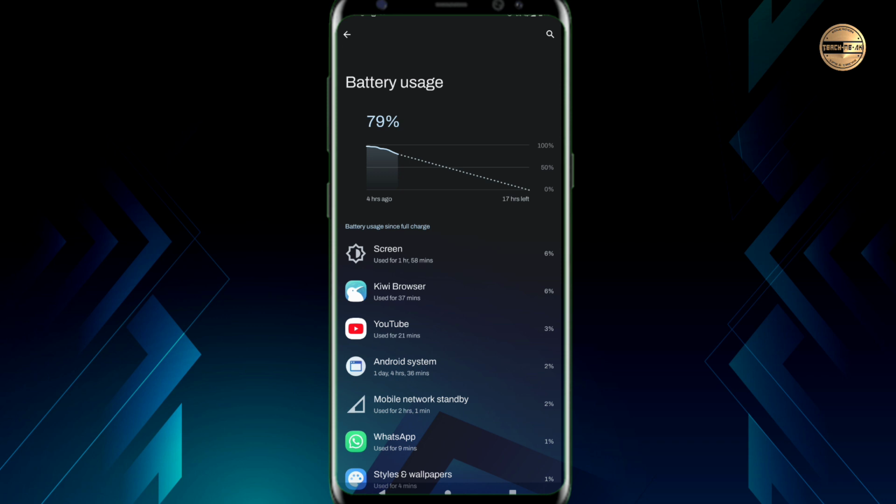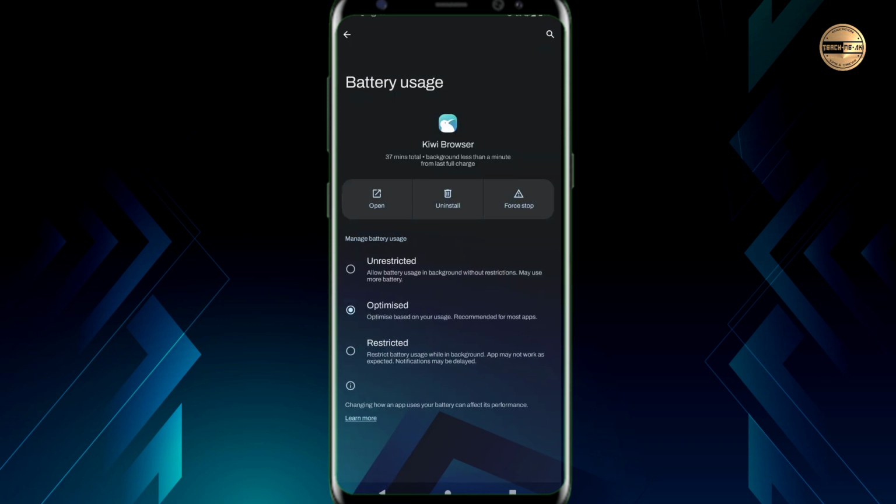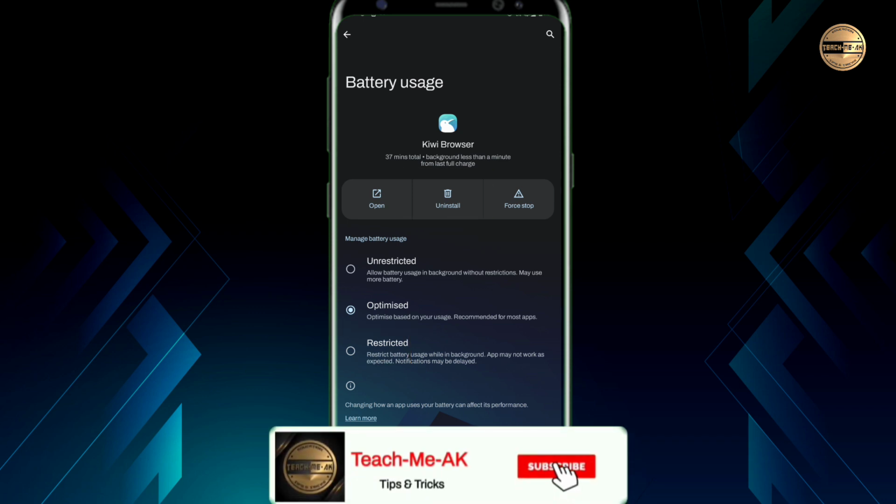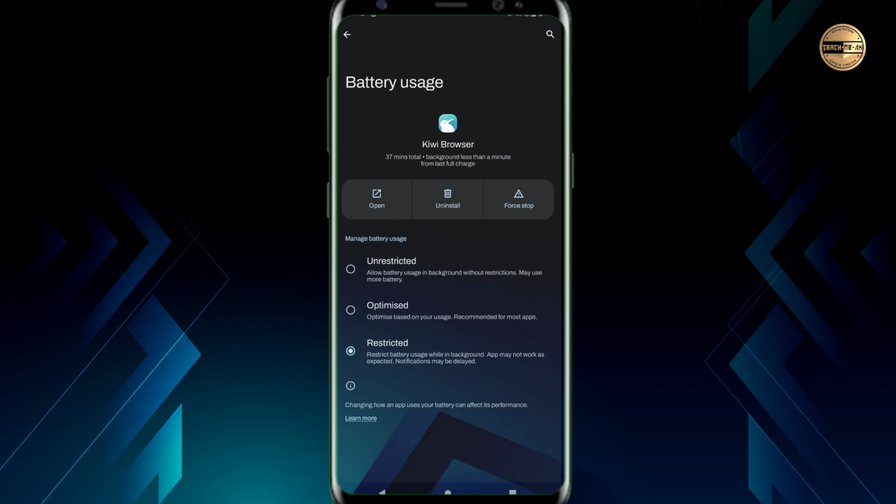You can do this by checking the battery usage, and you will be able to see which apps are consuming high battery usage. You can get a list of them, and then you can also disable or uninstall apps that you don't use often or that run in the background and consume resources. To do this, go to settings, apps and notifications, see all apps and tap on the app you want